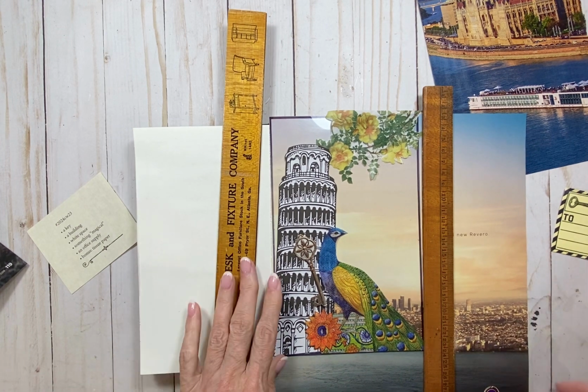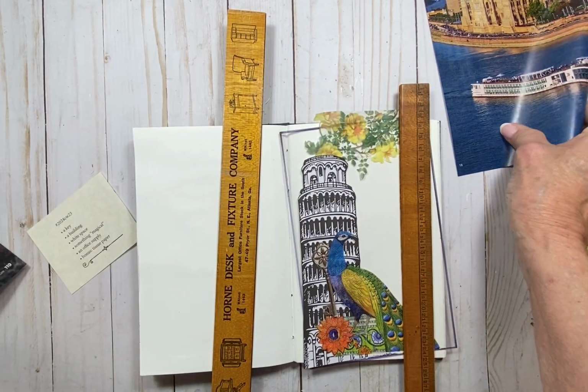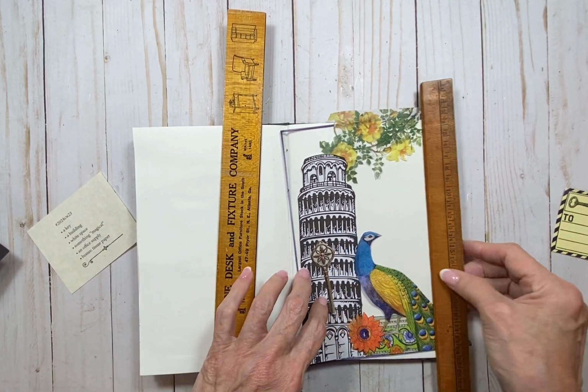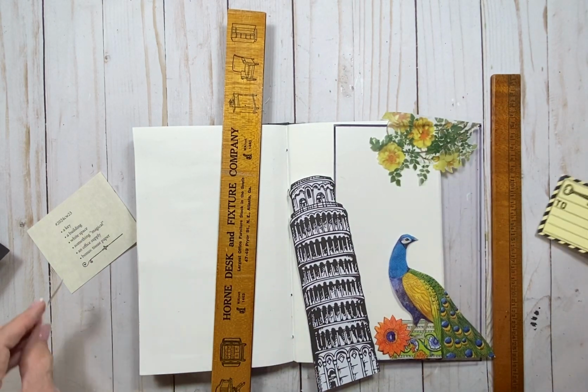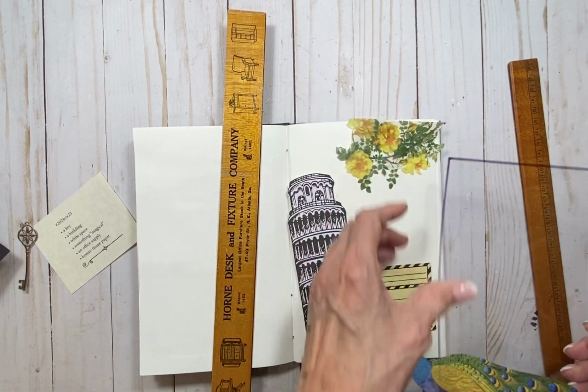What I decided to do, but those were all possibilities, and I still like them, and I still think they're good possibilities, and I may be sorry if I don't do one of those. But then what I really thought I would do, when I remembered that I had this shipping label, which would be an office supply,